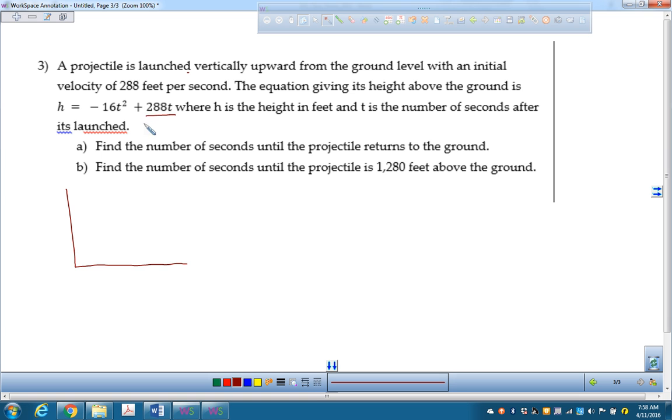What is the height that this rocket's going to start at? If I plug in 0, I get out 0, right? So it's going to go up, and it's going to go